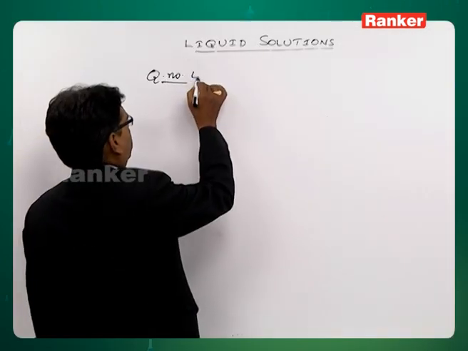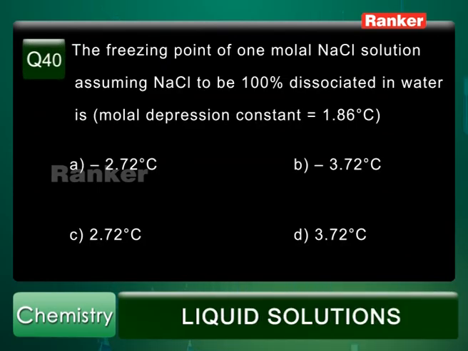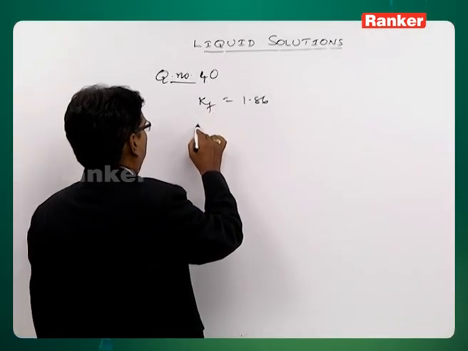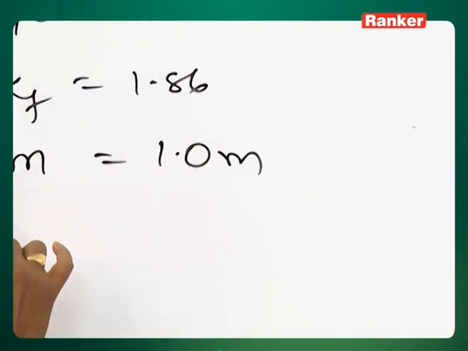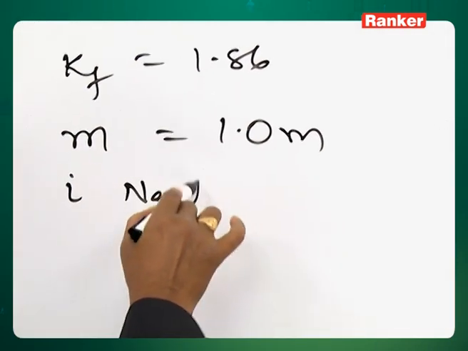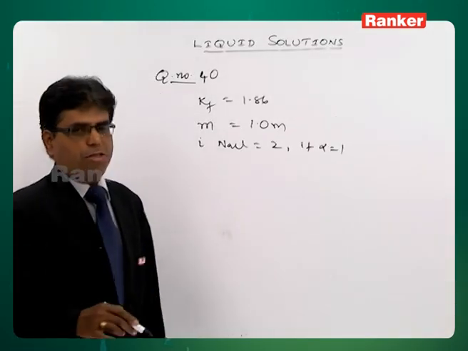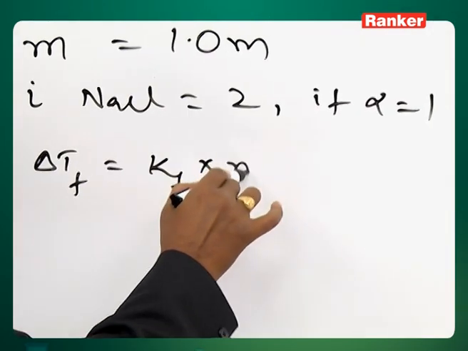Now, let us move on to question number 40. The freezing point of 1 molar NaCl solution, assuming NaCl to be 100% dissociated in water, is... Molal depression constant Kf for water is 1.86 K kg per mole, and molality of NaCl is given as 1 molar. The i factor for NaCl is equal to 2 if alpha is equal to 1, because it is given that it is 100% dissociated. So, delta Tf is equal to Kf into molality, that is